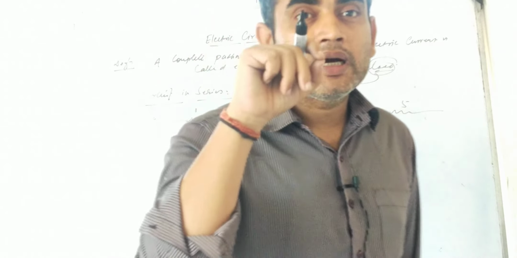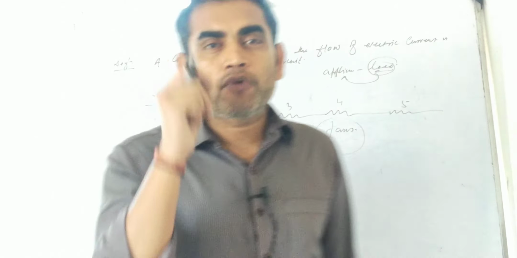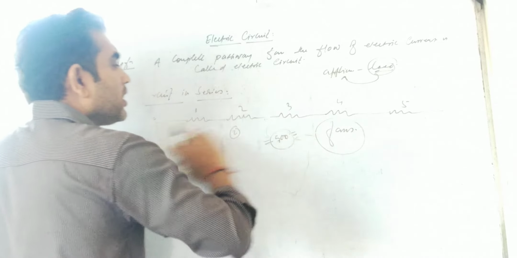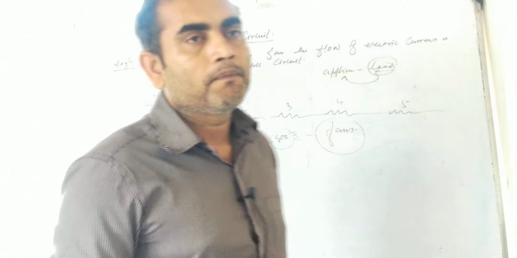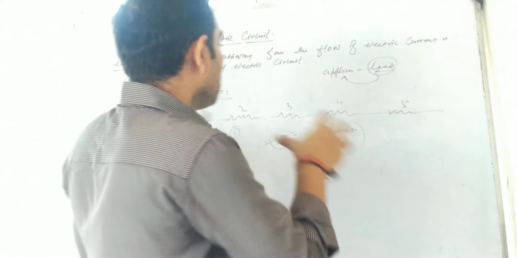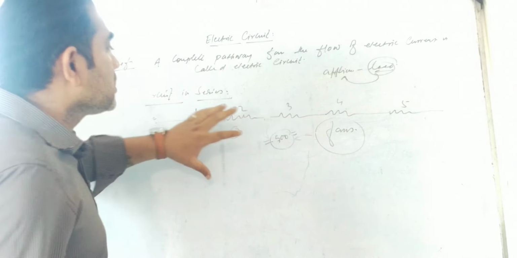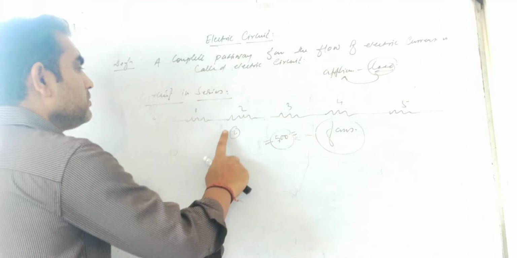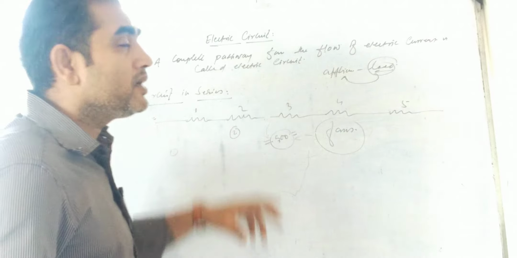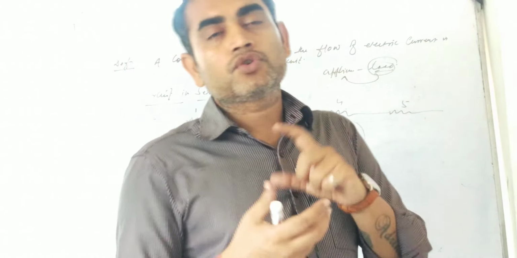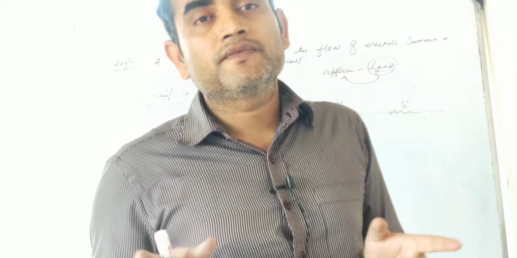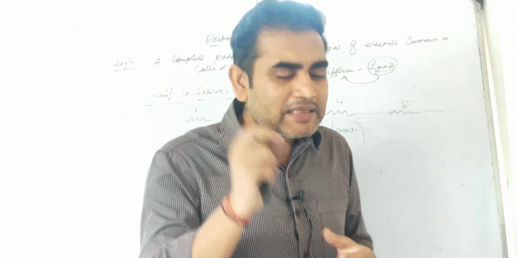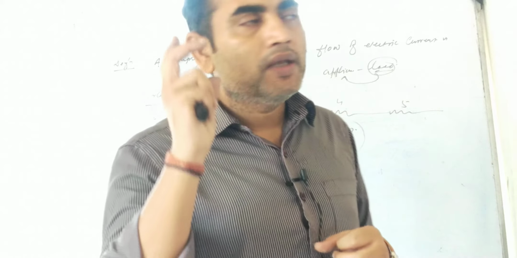So for a small fault, suppose we have connected 500 appliances, 500 appliances will stop working. So this is the situation, this is the connection. So, circuit in series, the advantage and the disadvantage. The advantage is a large number of appliances, and the disadvantage is that if at one place the circuit goes out of order, all the appliances will go out of order. That means they will stop working. That is the main disadvantage of the circuit in series.